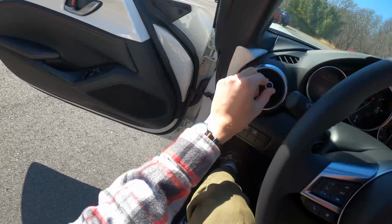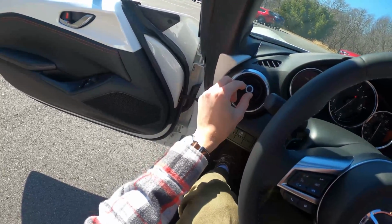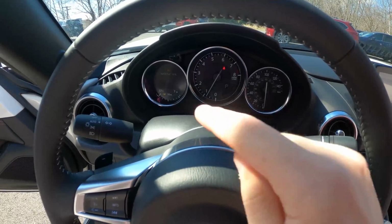For your AC vents in here, they are an interesting type. You can twist them like so. They have pretty much free motion over direction, which I think looks interesting. I like them. For your gauge cluster in here, it is mostly analog, but the left screen is going to